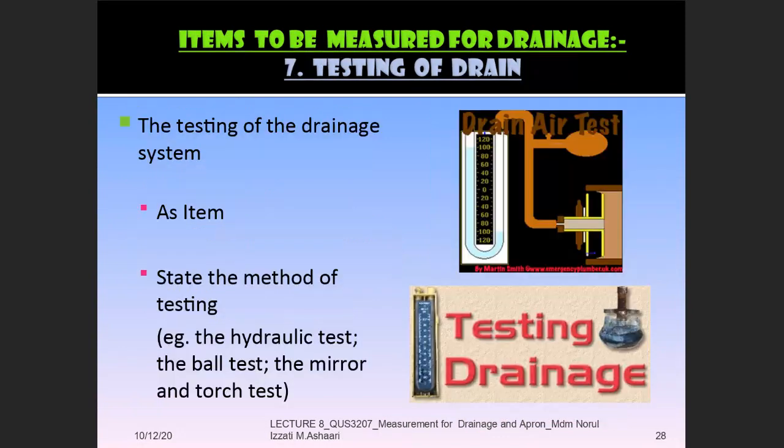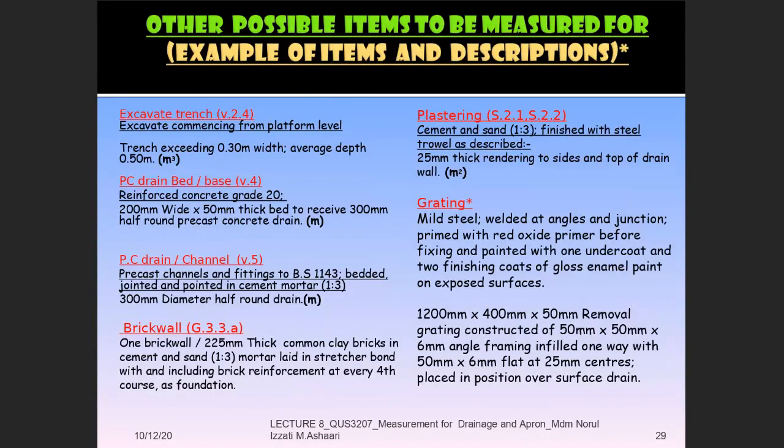Okay, the last part for the drainage is testing. So testing has to be measured as an item. You have to write down the method of the testing. If this one is not given, you can refer to the example of the testing for the drainage, maybe by using bore test, hydraulic testing, and so on. Any question, class, for the testing for the item to be measured for the